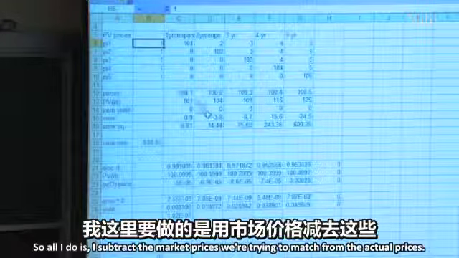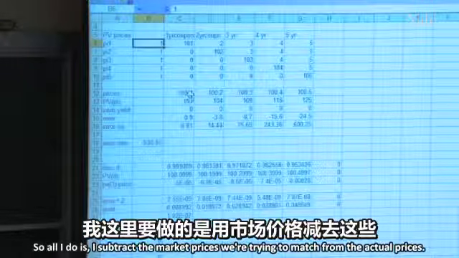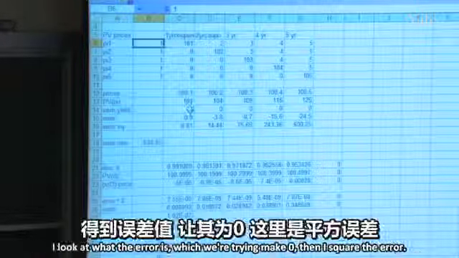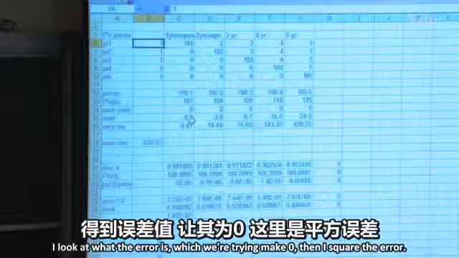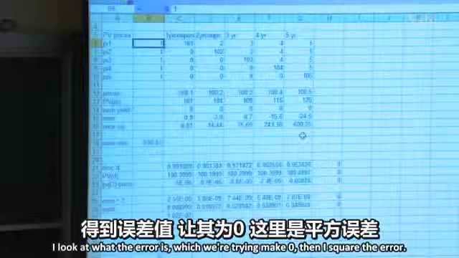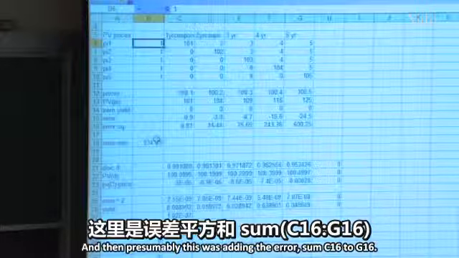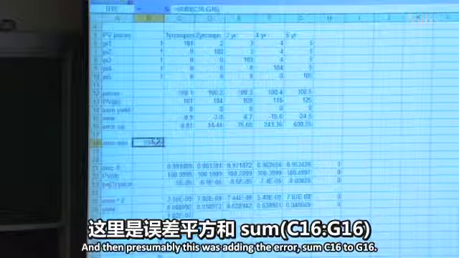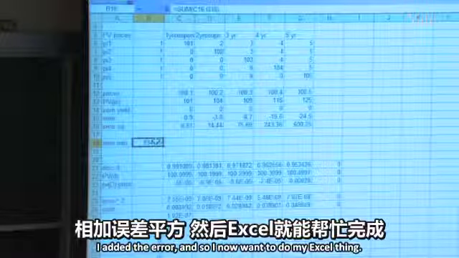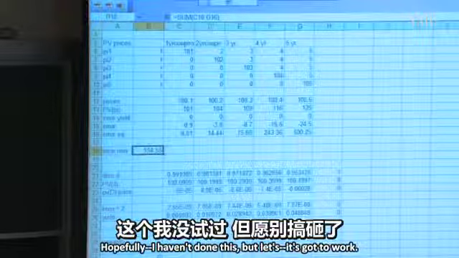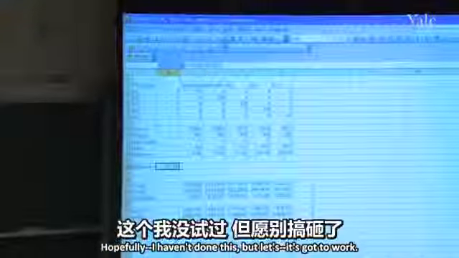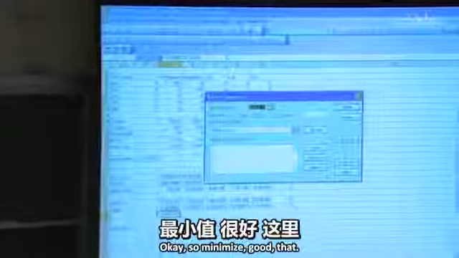So all I do is subtract the market prices we're trying to match from the actual prices. I look at what the error is, which we're trying to make 0. Then I square the error. And then I added the errors, in C16 to G16. Now I want to do my Excel thing. Hopefully it works. Okay, so minimize this,